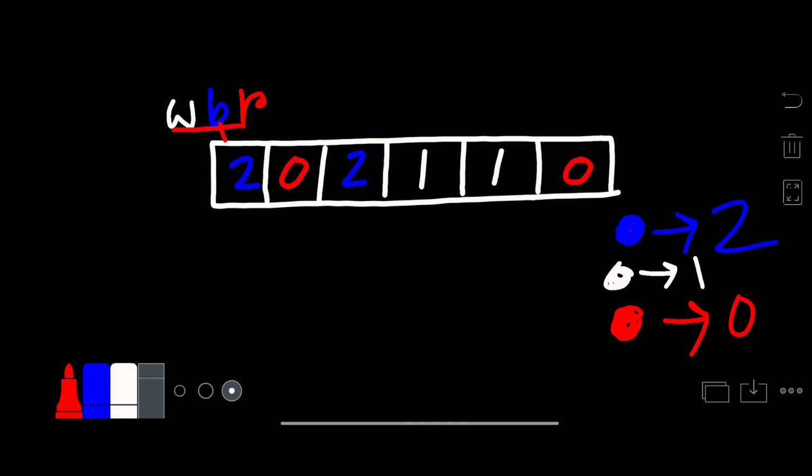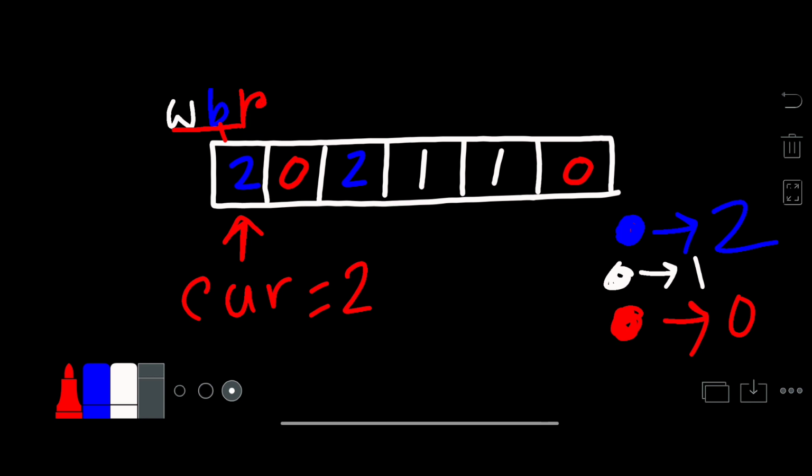Now I will iteratively traverse this array, starting our traversal from the 0th index. Our current value is 2, so I will store it in a current variable.